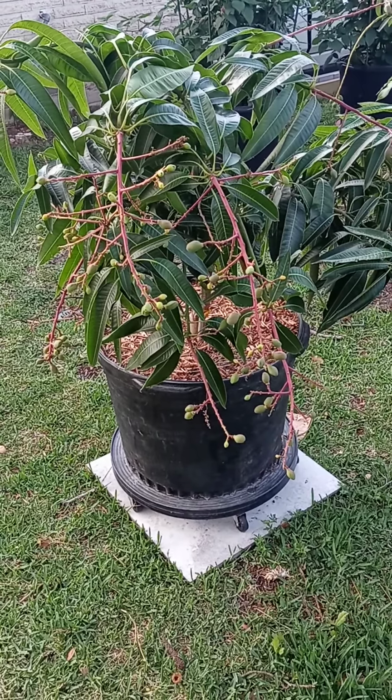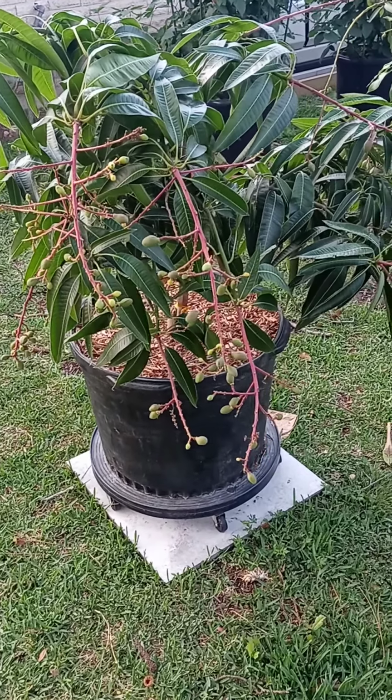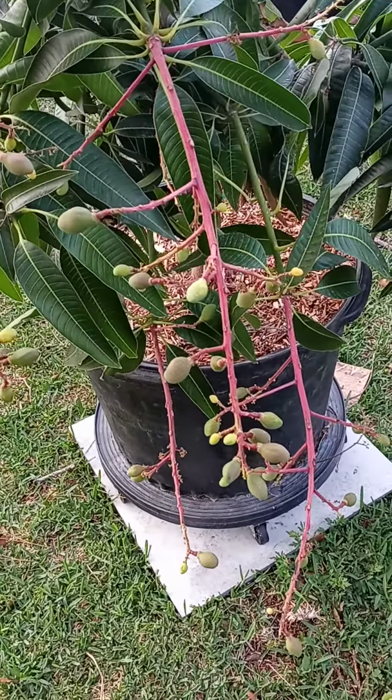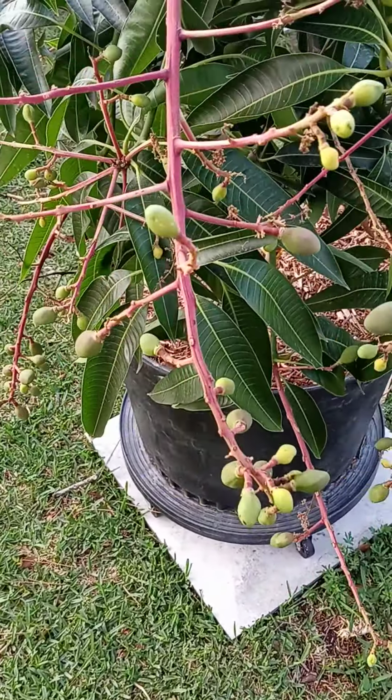So this is a Pickering in a 25-gallon pot. You can see it's set a bunch of fruit. All the yellow ones are going to fall off, or I'm going to take them off, and some of them are staying, as you can see. Some are getting there. And this is my Pickering tree, and I'm looking forward to this. God has blessed me